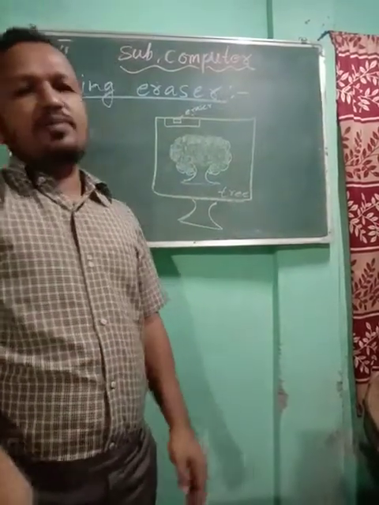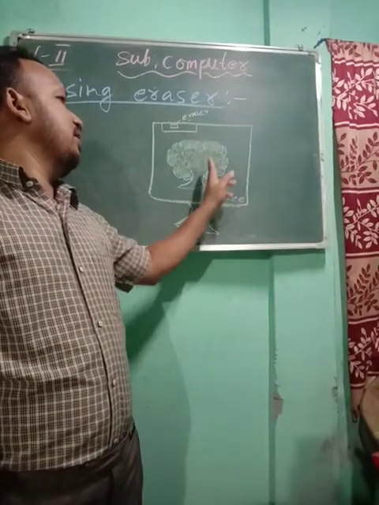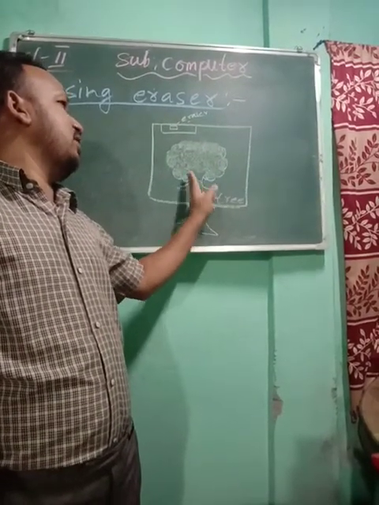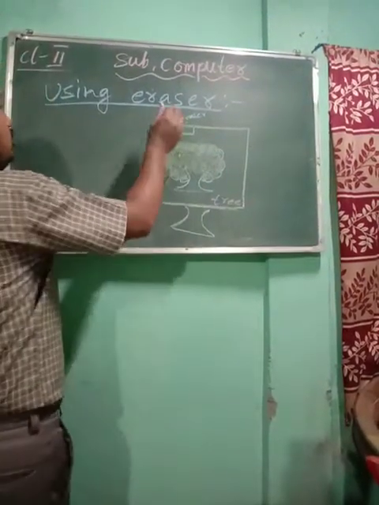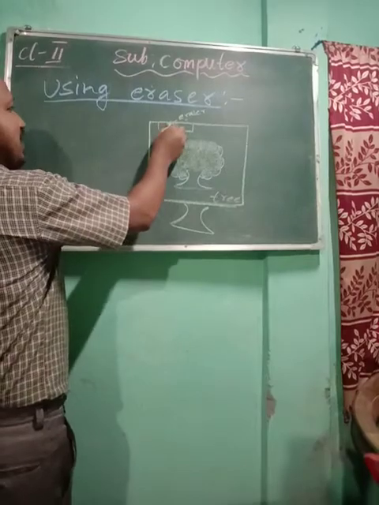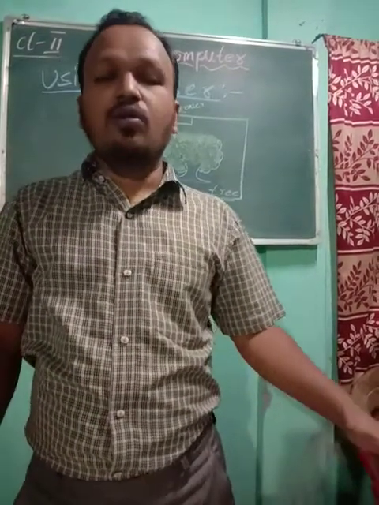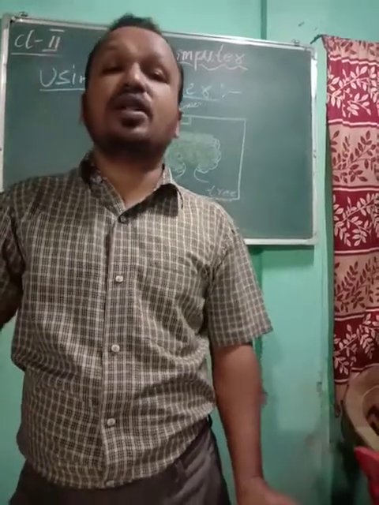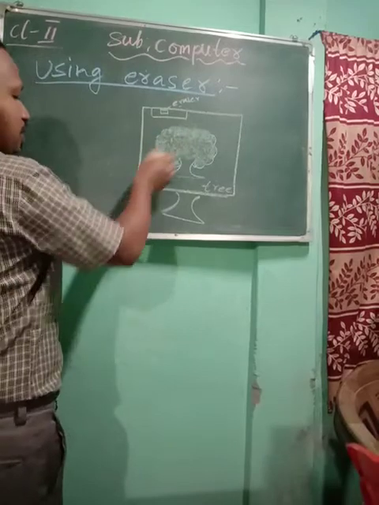Now children, suppose you want to rub it. You want to rub half, or suppose this part, I want to rub this part where the color is not there. What will you do, children? In the tool group there is an eraser, so with your mouse you will click the eraser with a left click, once.